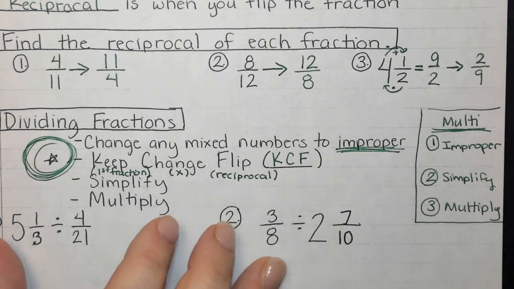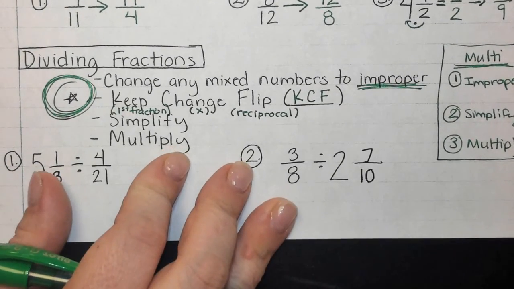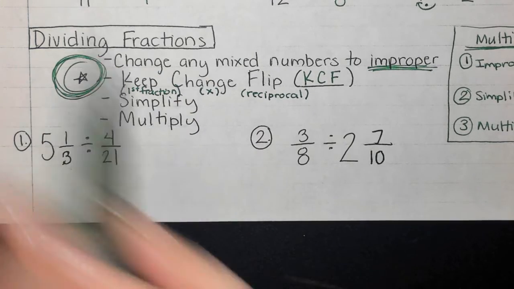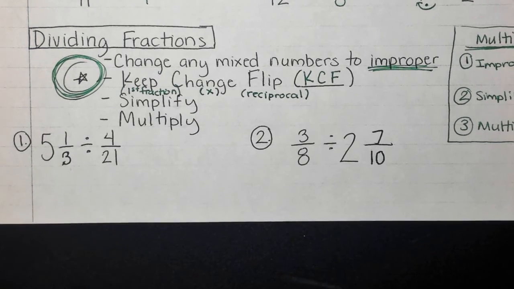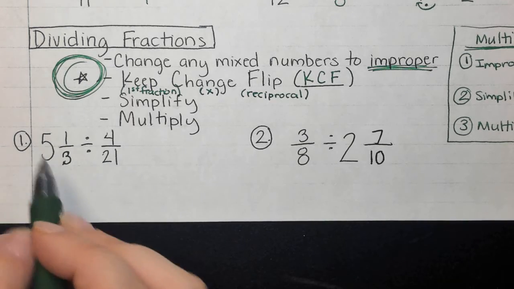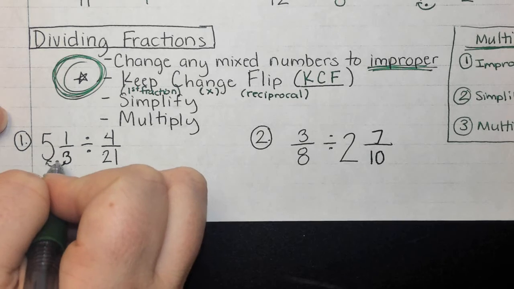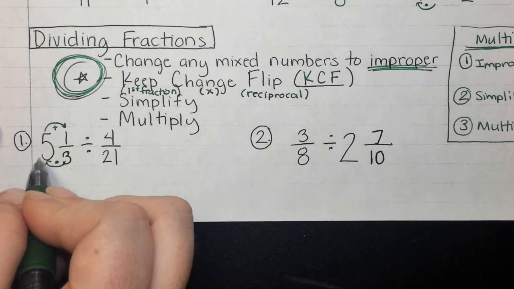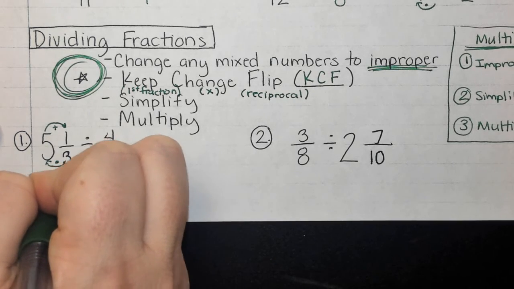Okay? So let's look at this first problem. So number 1, do I have any improper fractions that need to change? Yeah, 5 1/3. Is that improper? So we need to change it. I'm sorry. I see what I said wrong. Do we have any mixed numbers that need to change? Yes, it would help if I said the right word, wouldn't it? Okay. So this mixed number needs to change to improper. And we're going to write a little small here, guys. I did not leave us with a whole lot of space. So we're going to do 3 times 5 is 15, plus 1 is 16,